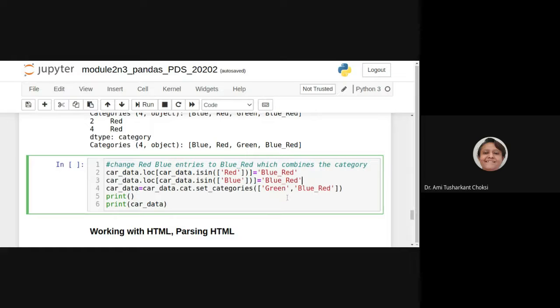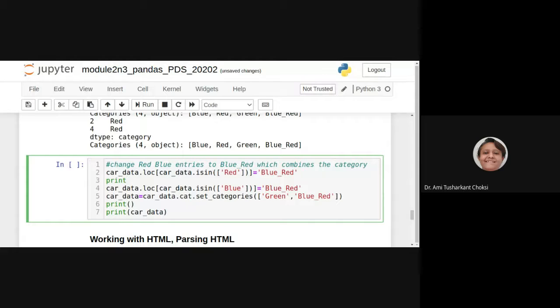Let me do one thing. Let me print this. Instead of red, we'll be having blue_red. Instead of blue, we'll be having blue_red, right? This is we are checking for red and we are changing it to blue_red. This is we are checking blue and we are changing it to blue_red, right?